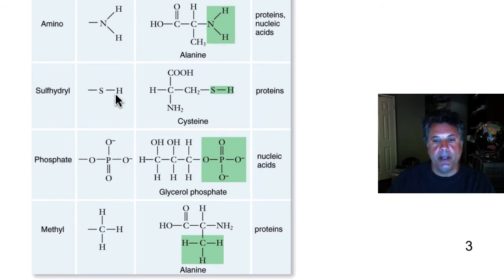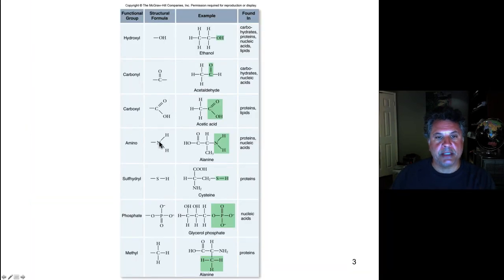Sulfhydryl group also has some polarity to it. The amino group has polarity to it. The carboxyl group has polarity to it. These oxygens are highly electronegative and therefore engage in polar covalent bonding. The carbonyl group is polar, as is the hydroxyl group. So really, out of these functional groups, only the methyl group is a true hydrocarbon and therefore is hydrophobic, water-hating. All these others are water-loving and are polar to one degree or another.